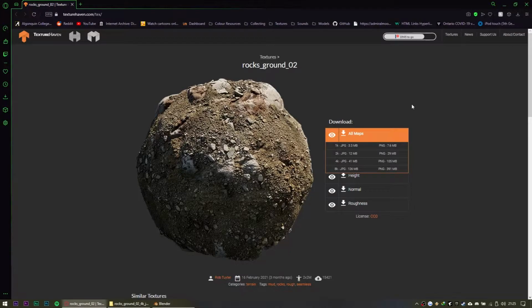Alright, this is going to be a walkthrough on how to set up PBR materials in Blender. I'm going to be using Blender version 2.92, but you can use pretty much any version after 2.8. If you don't already have a material that you want to set up, you can find really good high-quality PBR